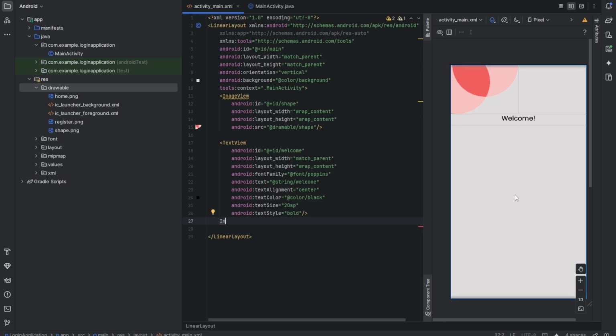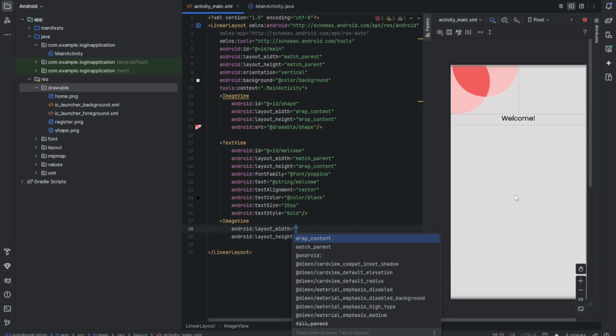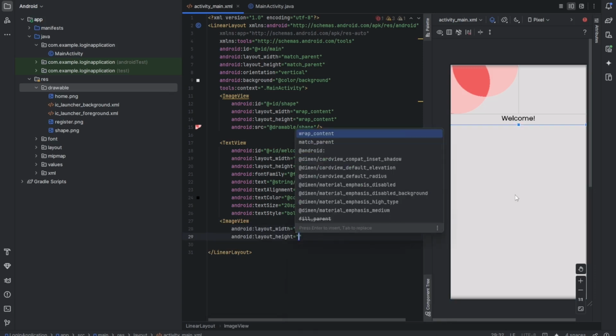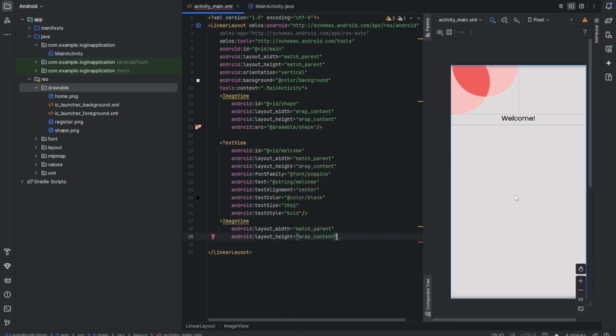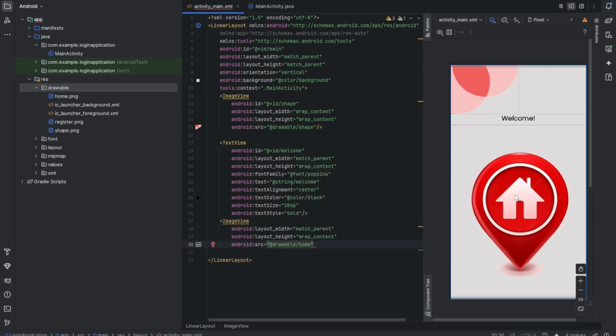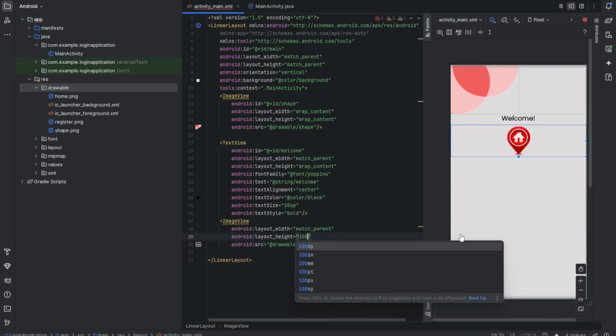So we are going to add an image view. This one is going to be match parent, and this one you're going to give it a specific. So let's just put wrap content for now, then you're going to see what is the best size for it. So src, so home, yeah, you see that it becomes big, so we're going to try and change. So you can try 100, it's too small. 200, yeah, 200, can do like 205